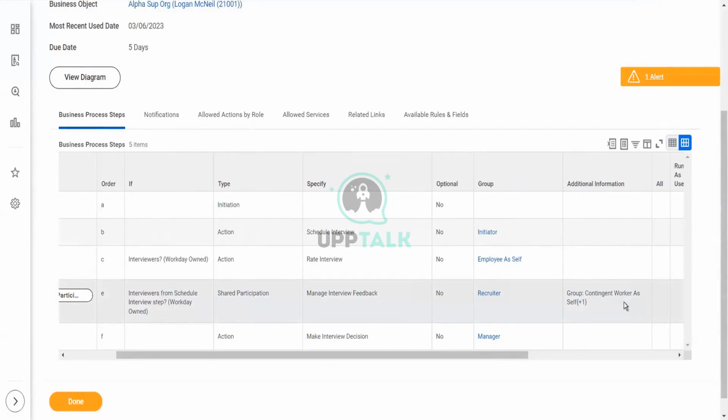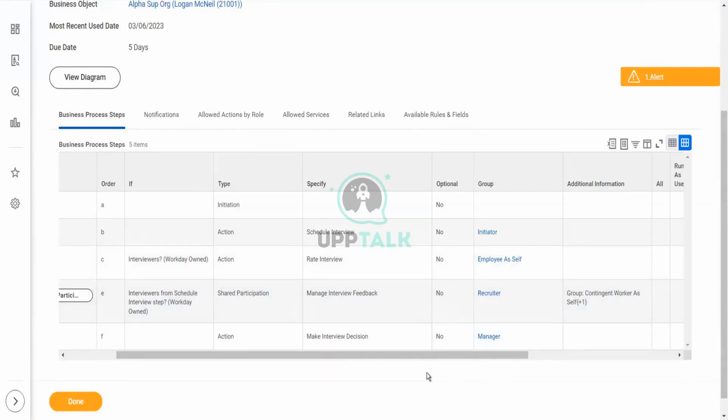Once the candidate submits feedback, the recruiter will submit the task which he got in parallel and say, I got all the feedback from the candidates. Now I'll submit this, and the manager will make the decision. The manager can then run reports, or go to the job requisition and compare the interview ratings and take